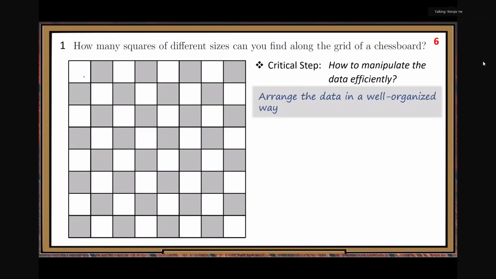All right, so let's think about how to organize the data. Here, we want to arrange the data in a well-organized way. But this is very abstract, right? What's the specific way you want to use to organize your data? Typically, for general problem solving, to organize the data, you do